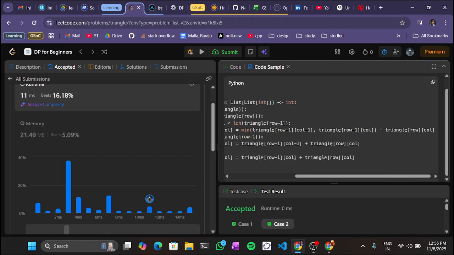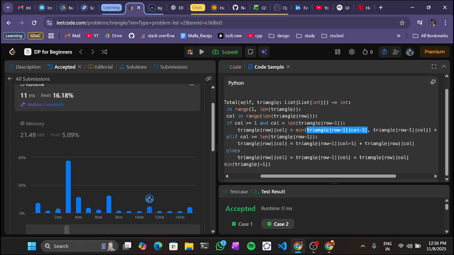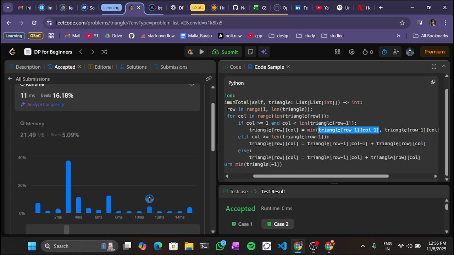So we are taking the minimum of the right adjacent and left side adjacent values. Or if the column value is greater than length of the triangle, we have no choice but to take the left side part. Left side part, and here we are taking only the right side part,